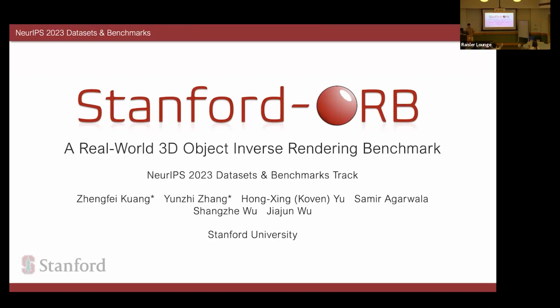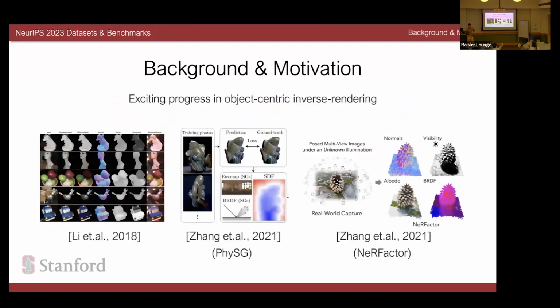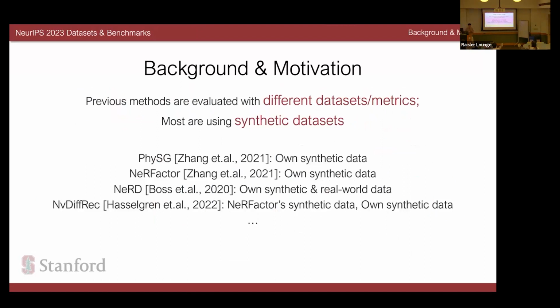And we're going to present this next week at NeurIPS. We've seen a lot of progress in this area, but most of these works evaluate on their own data sets, and a lot of them are just using synthetic data sets, which tend to fall short in terms of capturing real world